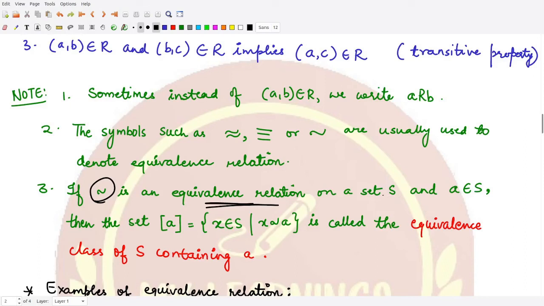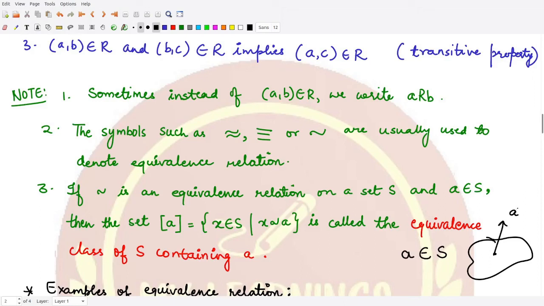Now the third thing, and this is an important thing, is the equivalence class. So understand this very carefully: what is an equivalence class? Suppose this equivalence class is defined for a certain element or member, which I am calling A, taken from the initial set S. That means we have this set, we take one certain element from it, we call it A. Now according to this element we would have a class, and that class would contain all those elements which are related to this particular element A. So this is the meaning.